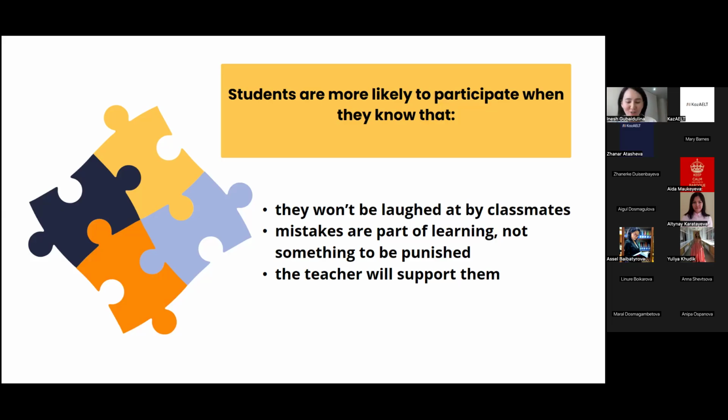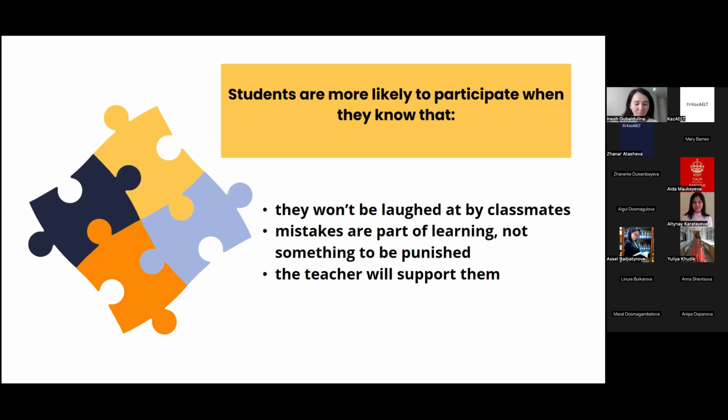I remember my university French classes. I didn't speak French well, and my accent was terrible, but I kept speaking. Why? Because my teacher always nodded when I answered, smiled, and helped me reformulate my answer. It was the first time I felt that I'm allowed to try. That's why I actually learned the language. And this is about creating conditions where learning is possible.